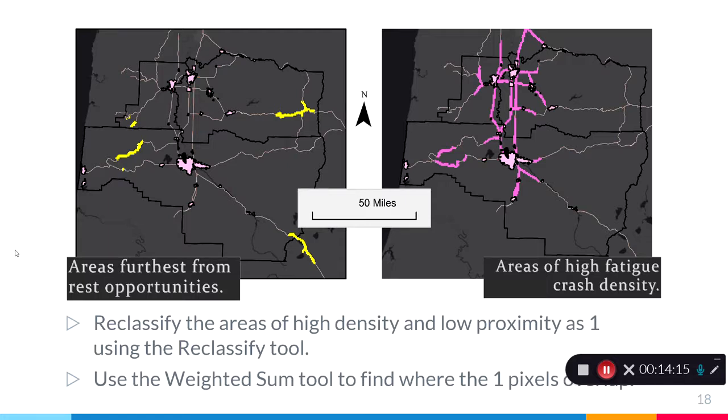But what I did with these two rasters, I reclassified them to have a 1. Each pixel would have a 1 where it was considered a high density area, or where it was considered an area far from opportunities for rest, and then no data everywhere else. And then I used the weighted sum tool to find where those 1s overlap. And so in the final output, you're either going to get a 1 and 0, a 1 and no data, or a 1 and a 1. And so you're just going to get a bunch of 1s and 2s. And everywhere where there's a 2